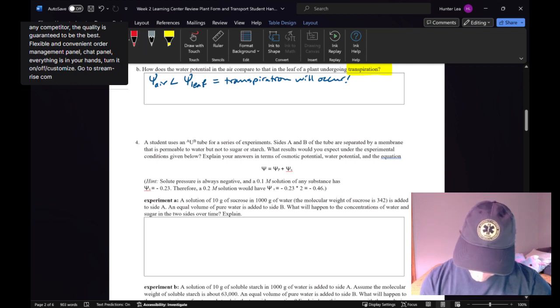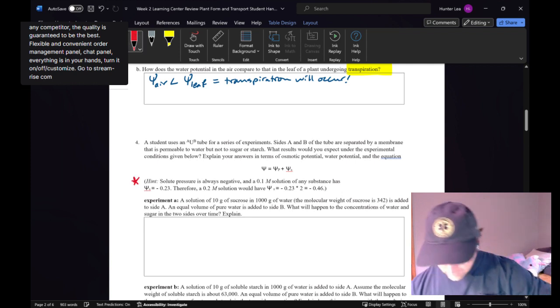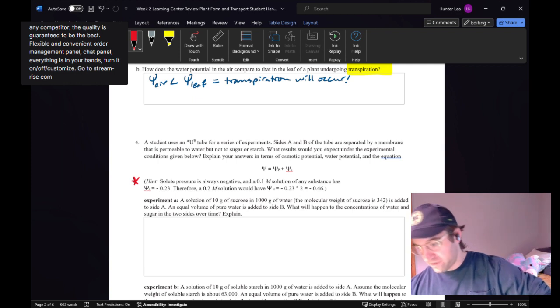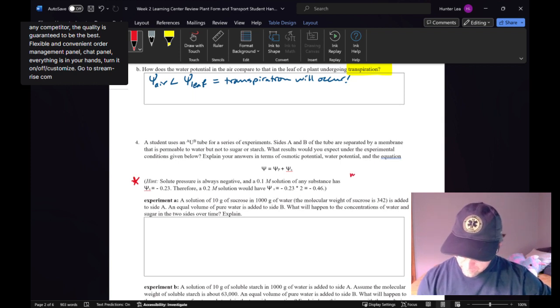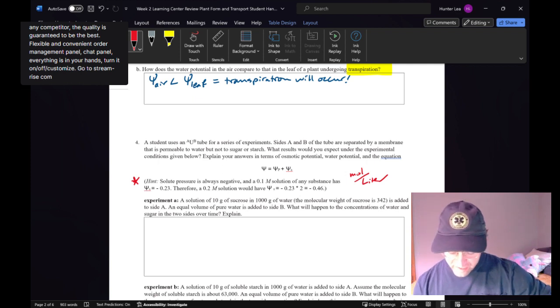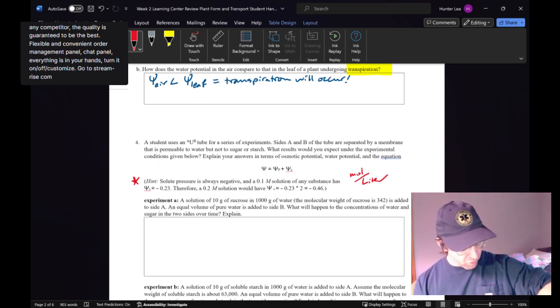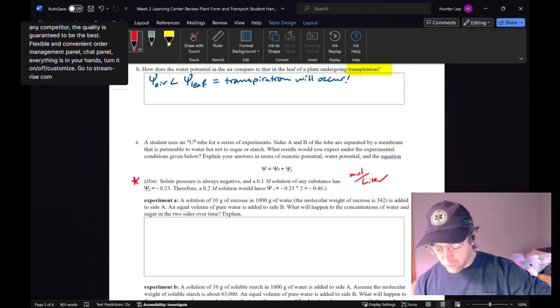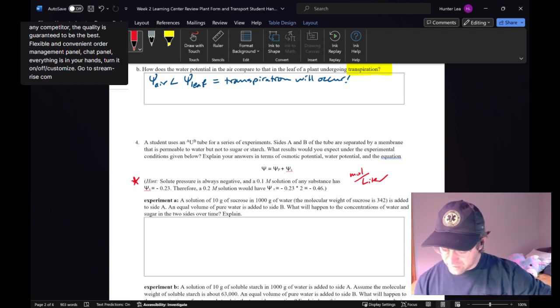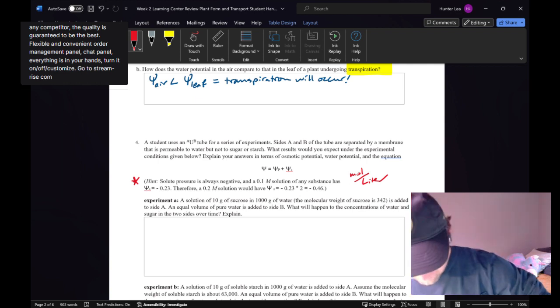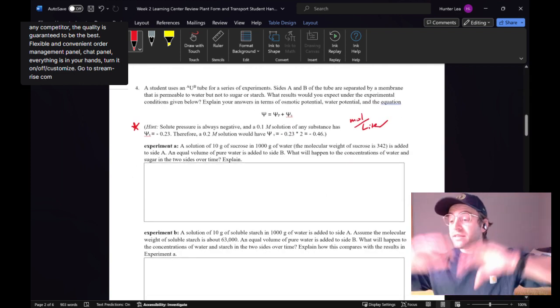So as a hint here, I'm going to go ahead and highlight this because it's important. Solute potential is always negative in this equation, and a 0.1 molar, that is moles per liter, solution of any substance has a solute potential of negative 0.23. Therefore, a 0.2 molar solution would have a solute potential of negative 0.23 times 2, since it's 0.2 molar, and that would equal negative 0.46 solute potential. All right. So with that preamble,